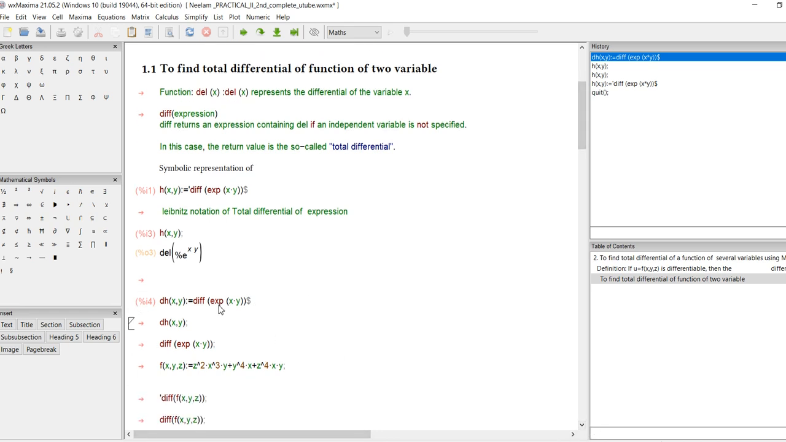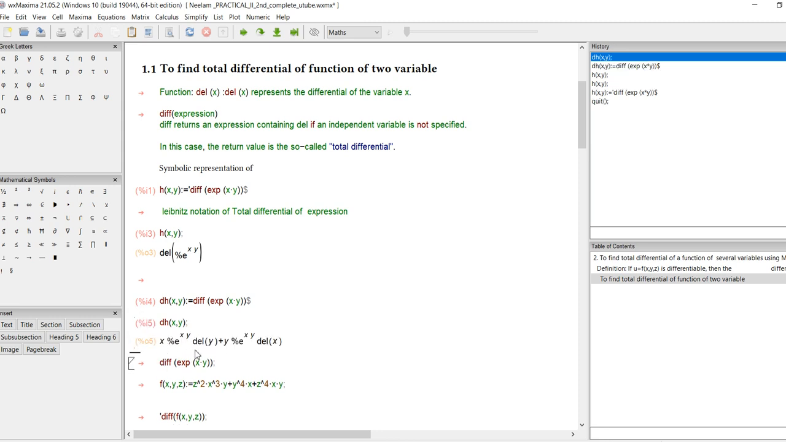So to take the output, I have assigned this function in the del h of xy, dhxy, so that I can check the output. Your output is x exponential xy. First, it will differentiate e. The derivative of e is e, and the inside term's derivative with respect to y is x, so it wrote here x, and this differential of y plus